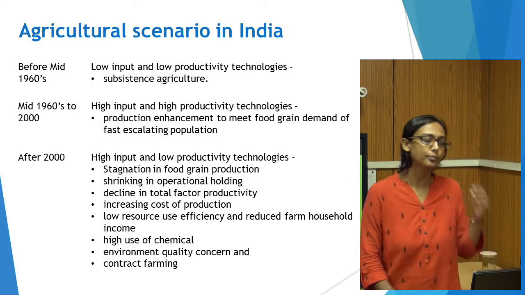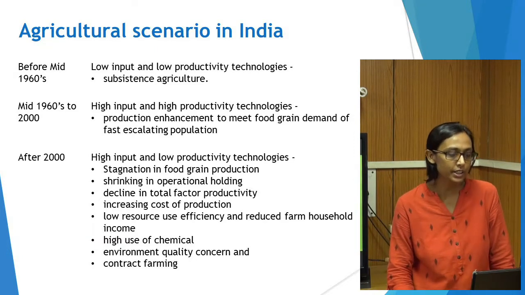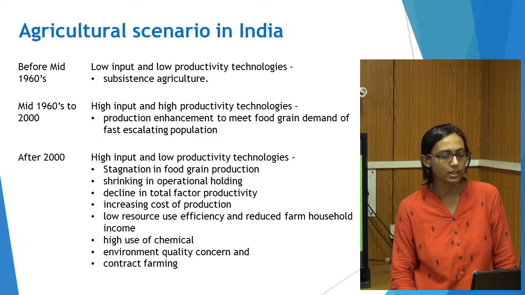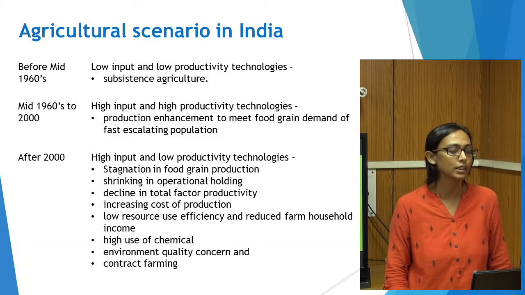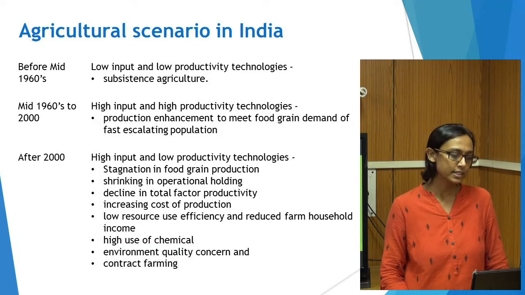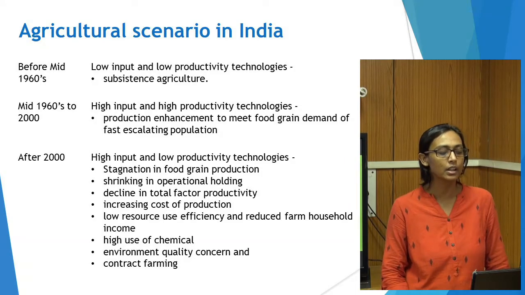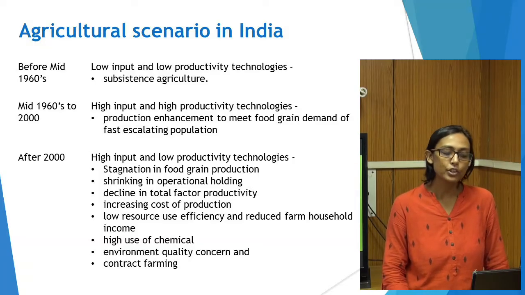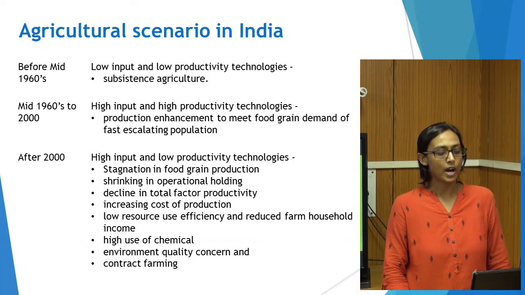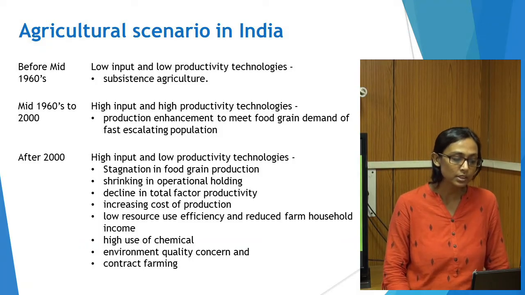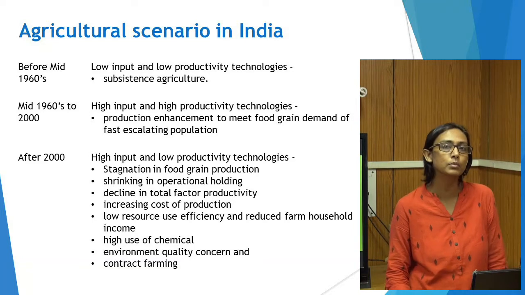But after 2000, in spite of using the high production technologies of modern agriculture, the output was declining, and the main characteristics were stagnation in food grain production, shrinking in operational holding, decline in total factor productivity, increasing cost of production, low resource use efficiency and reduced farm household income, high use of agrochemicals, environmental quality concern and contract farming. And then came the need for